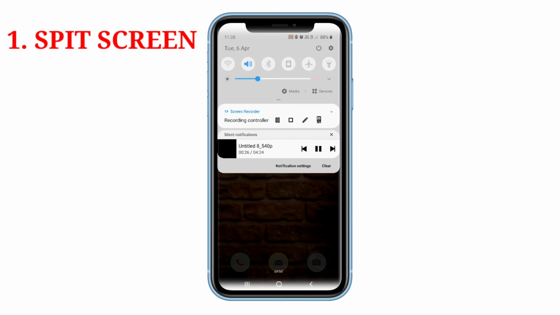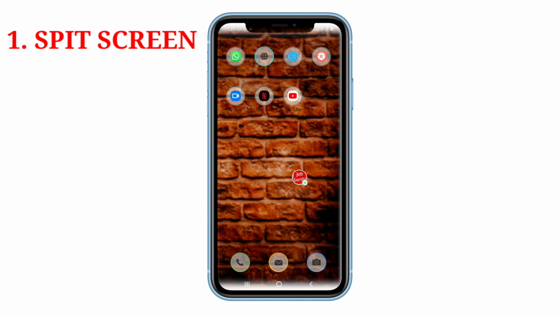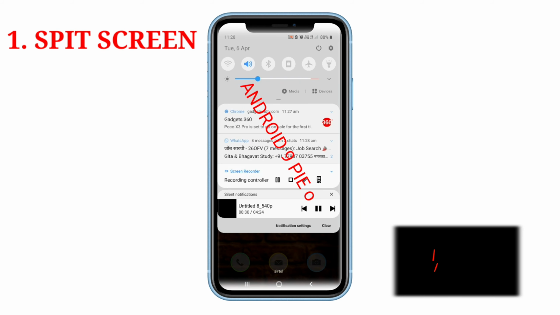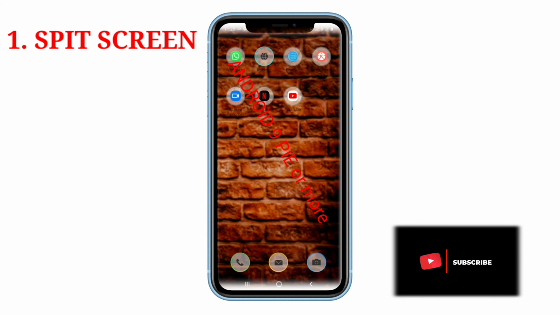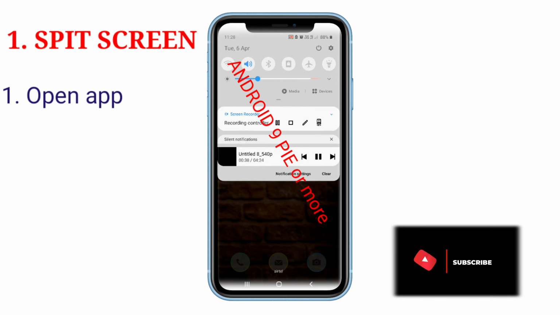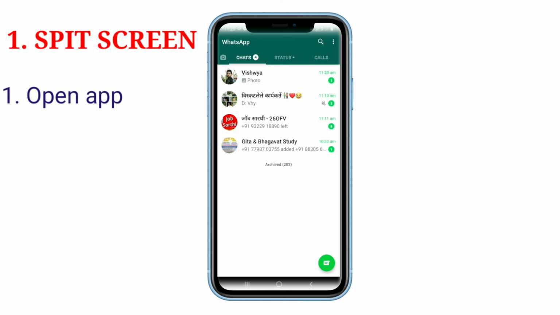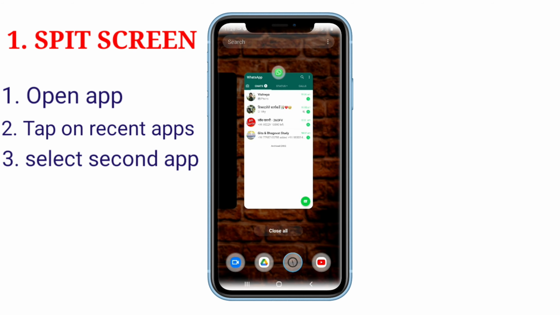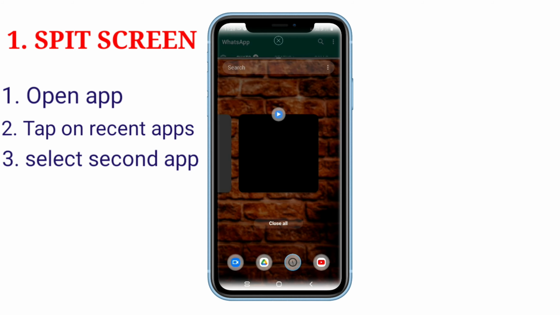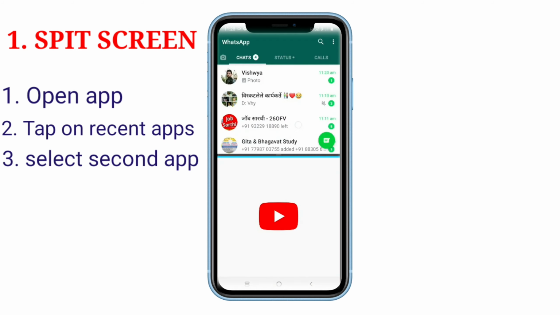Furthermore, to enable split screen mode on phones running Android 9 Pie or newer, check this out. Step 1: open the app that you wish to use in split screen mode. Second, enter the recent apps screen by pressing the recent button. Third step, from this recent apps screen, select the app that you wish to run on the second screen of